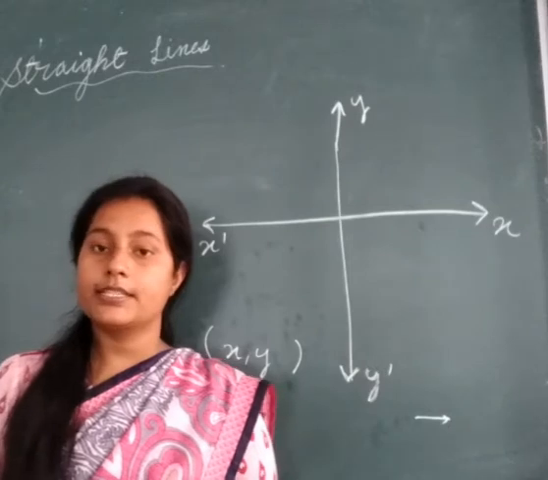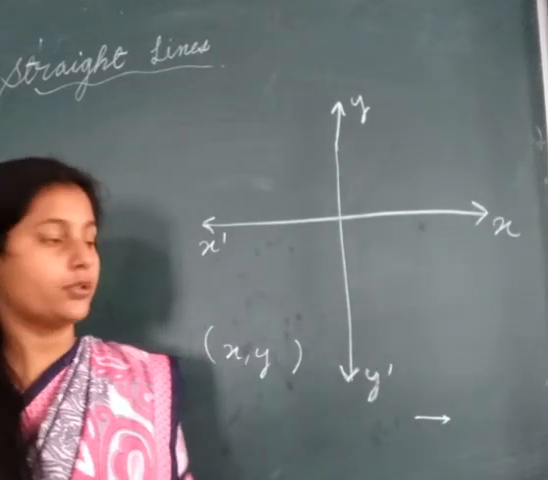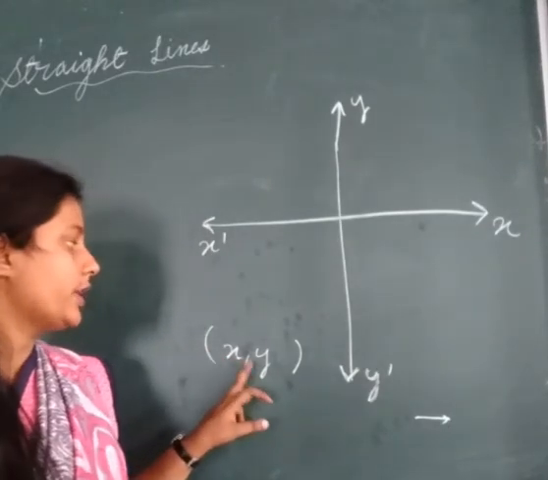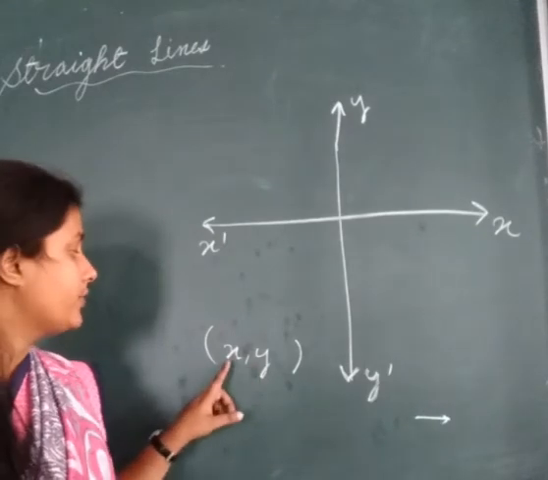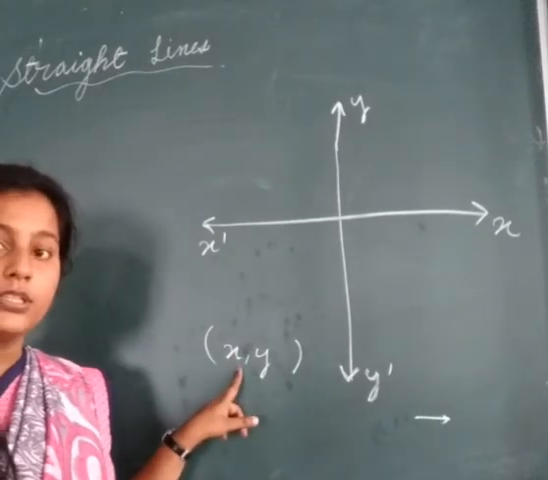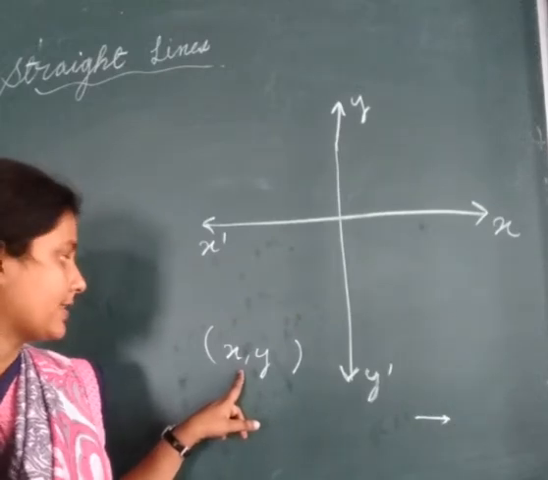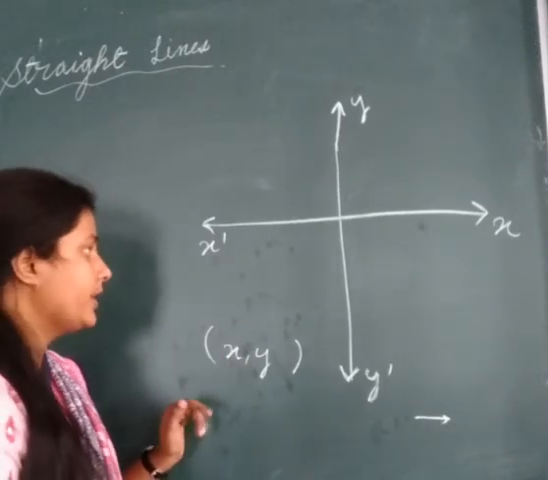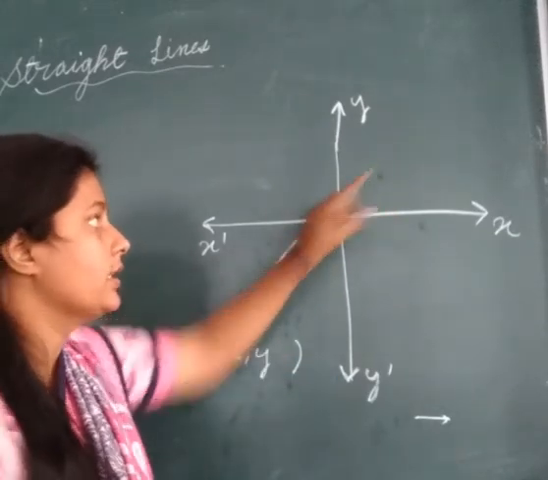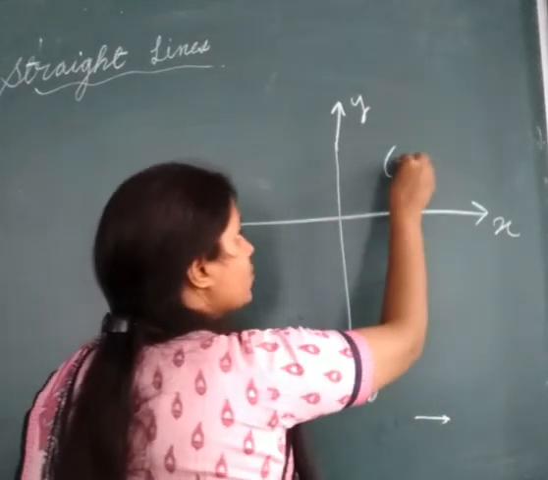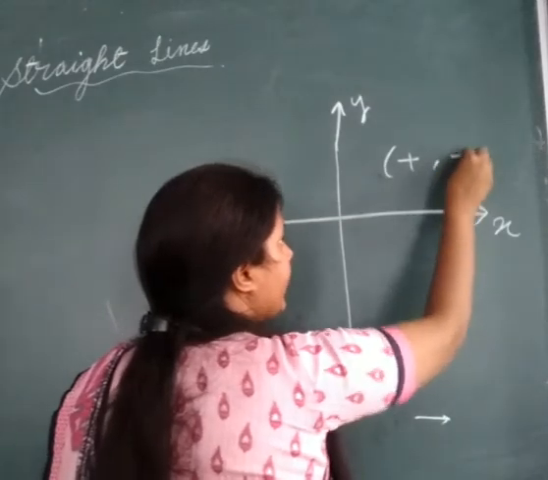अब हो सकता है कि x की वैल्यू 0 हो या y की वैल्यू 0 हो. अगर x की वैल्यू 0 है तो जो हमारा पॉइंट है that will lie on the y axis, and if the value of y is 0, then the point will lie on the x axis. Let us suppose the coordinate is 2, 4. So 2, 4 will lie in the first quadrant, because in the first quadrant x is positive and y is